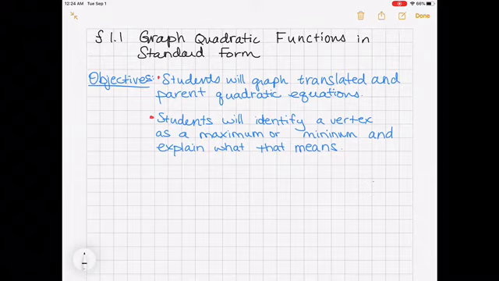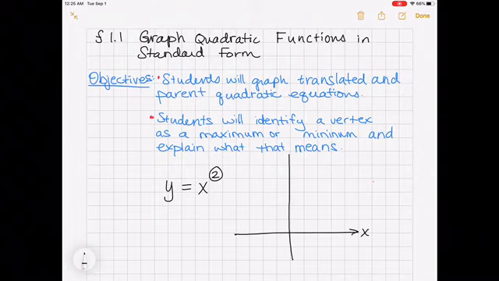So first, let's talk about what a quadratic function is. A quadratic function is basically something where the biggest term has an x squared. For example, we've all seen this, right? When we see y equals x squared, this term has a power of 2, and that tells me that it's a quadratic. We also know that when we graph it,